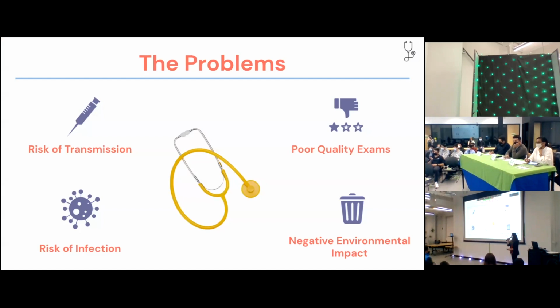Look at some of the problems underlying these yellow disposable stethoscopes. First of all, there is one yellow disposable stethoscope in every patient isolation room, and it's often shared between providers before being replaced, causing an increased risk of disease transmission amongst clinicians. These stethoscopes are also really cheap and flimsy in design, so they provide a really horrible sound quality during physical examinations. And finally, hundreds of these stethoscopes are thrown away on a daily basis as clinicians complete their rounds, leading to long-term negative environmental impacts. Therefore, clinicians need